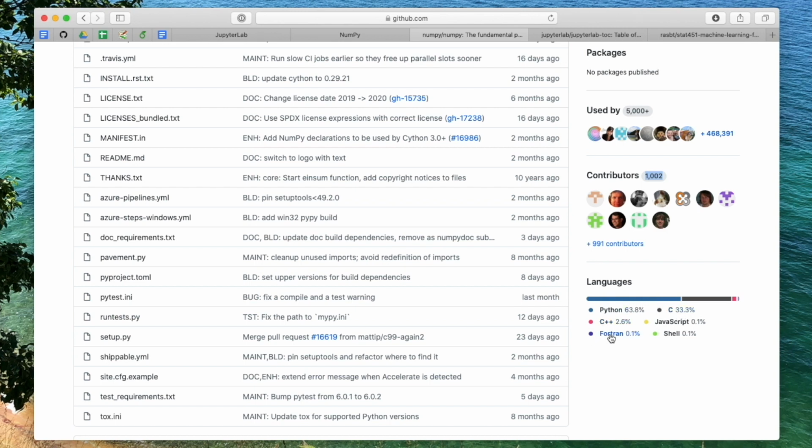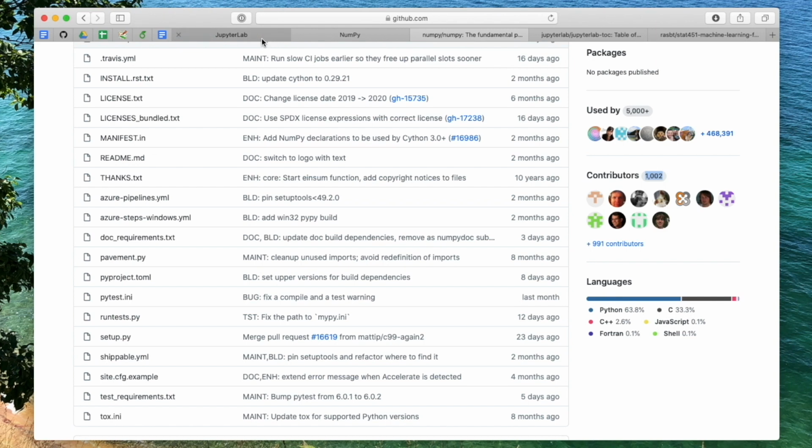And that is because NumPy is using those, primarily C, under the hood to make it more efficient. And that is why it's so attractive for Python users, because it is way more efficient using NumPy for scientific computing compared to the basic Python methods or basic functions implemented in Python.